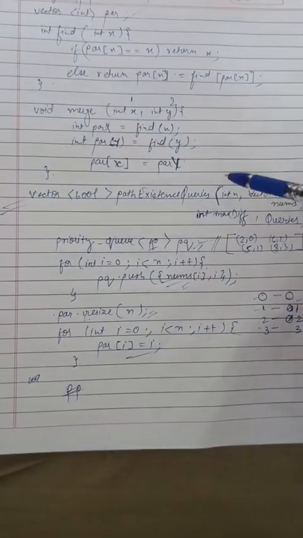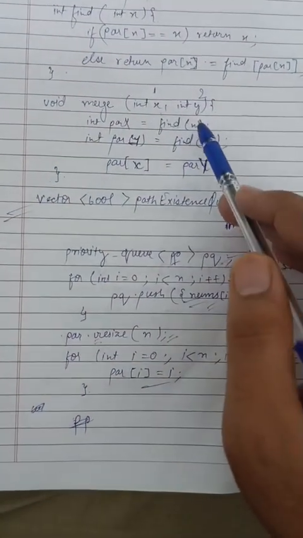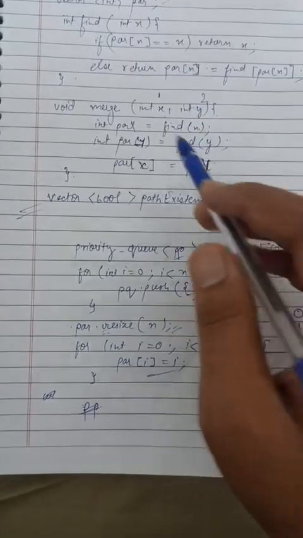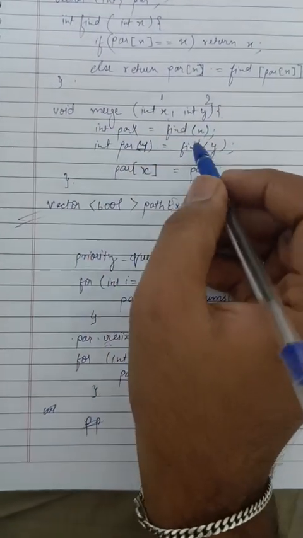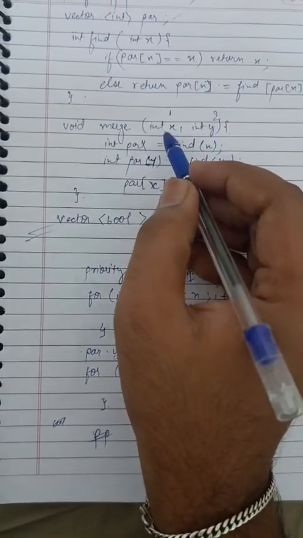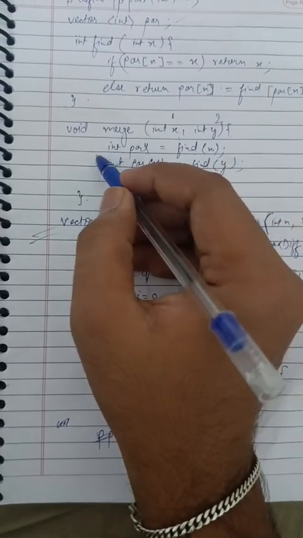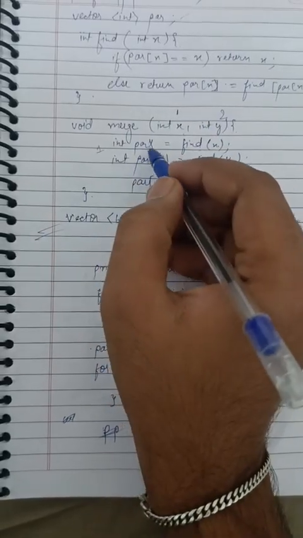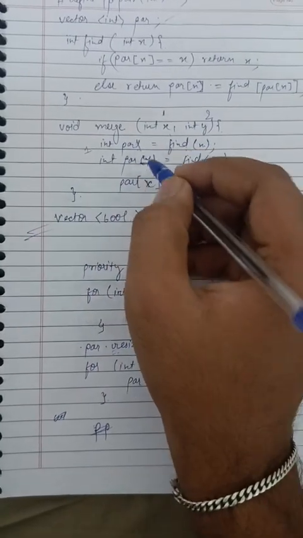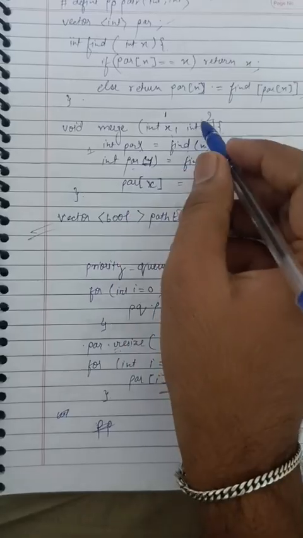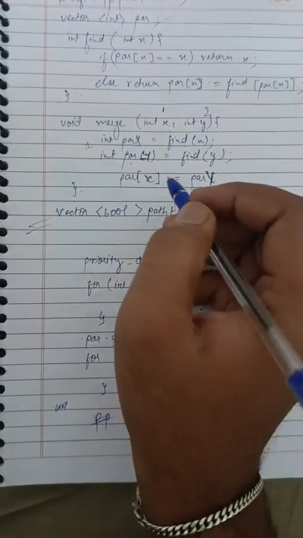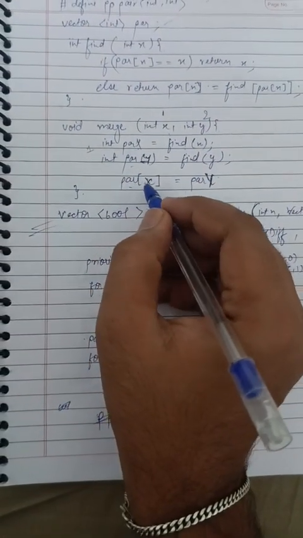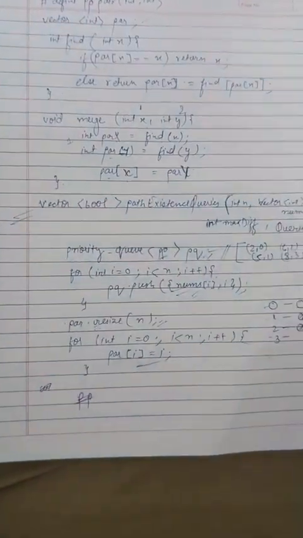Now I am trying to find out, so parent x will denote 1, right? I am finding what is the parent of 1. So it's 1. How I am finding it, I will talk about it, but let's say parent x is equal to 1 and the parent of the y variable is equal to 2. Now what I am doing, parent of index 1,